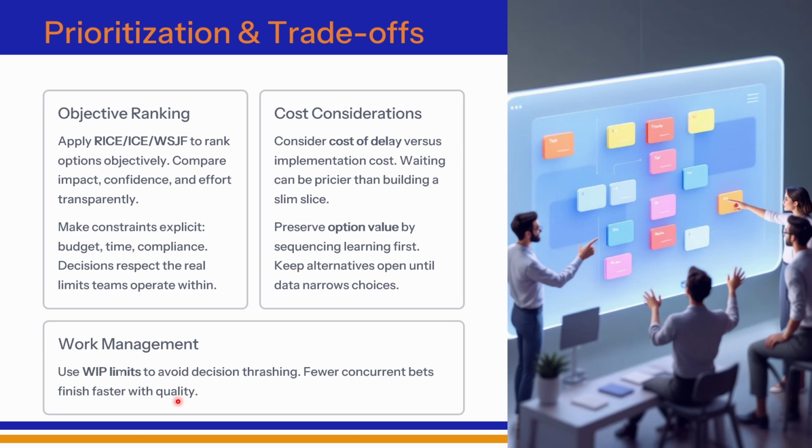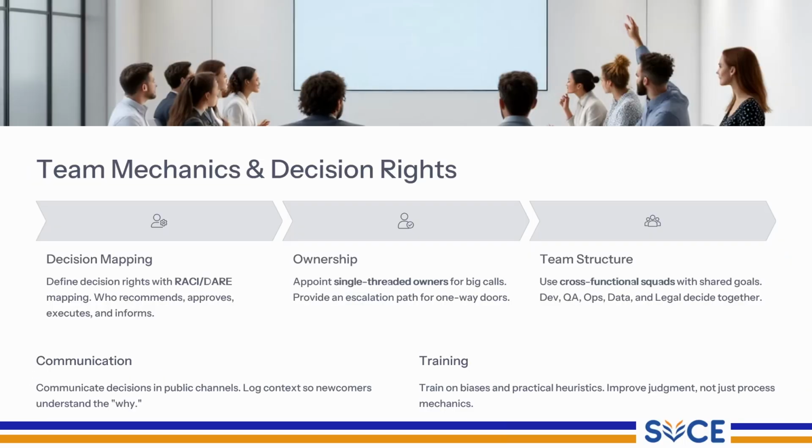And next one, cost consideration. Consider cost of delay versus implementation cost. So waiting can be pricier than building a slim slice. So preserve option value by sequencing learning first. So keep alternatives open until data narrows choices. In the next slide we will see